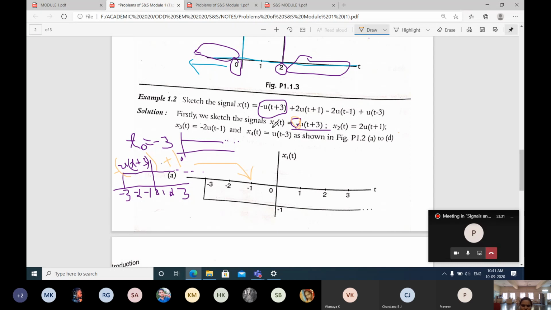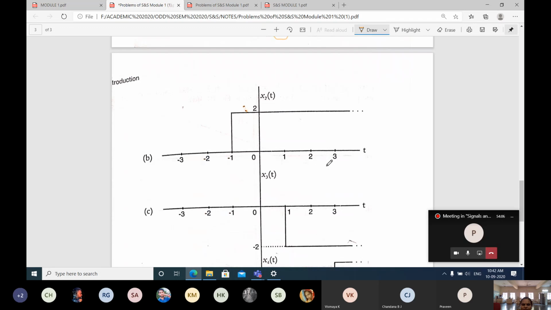Here it is shown. That is x1 of t. Plus 1 is the magnitude value, the amplitude value. Here is the amplitude scaling we are going for. That is of minus, right? Minus into plus 1 means you will get minus 1. For that reason, here is the minus 1. Here we have the 1, plus 1. If I multiply it by minus, I will get minus 1. For that reason, it will be coming down. The signal is coming down. This is your x1 of t. Next, if I go for the x2 of t.